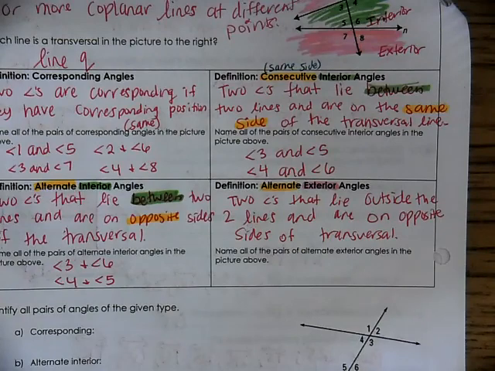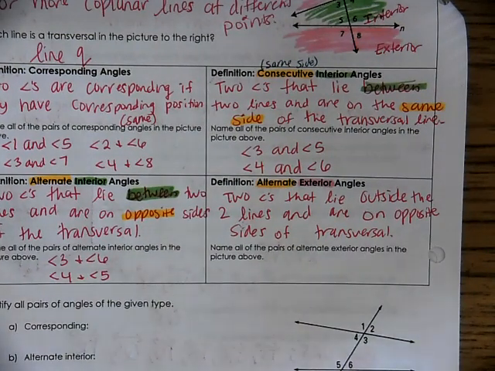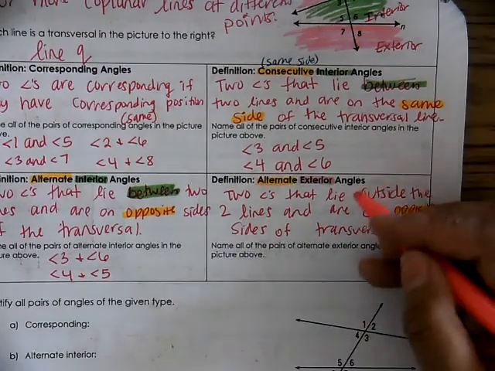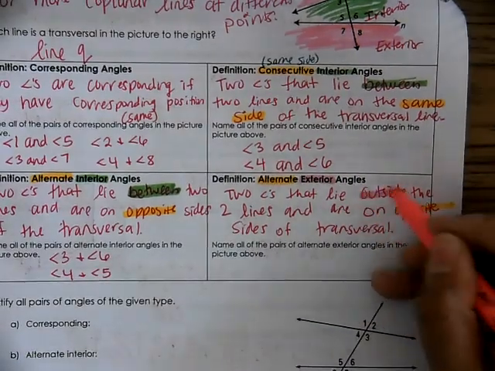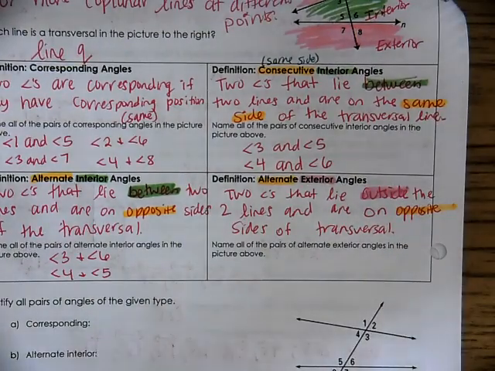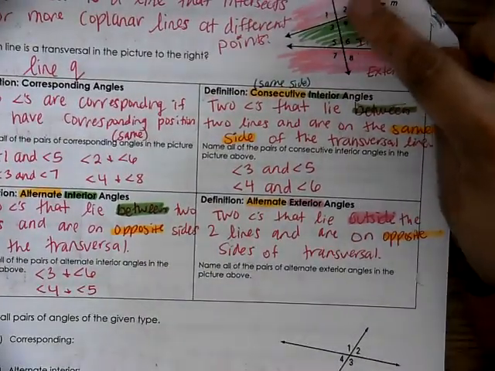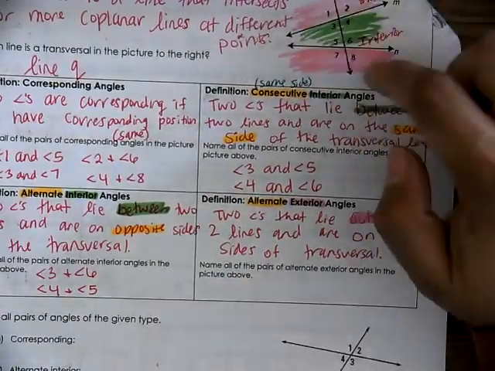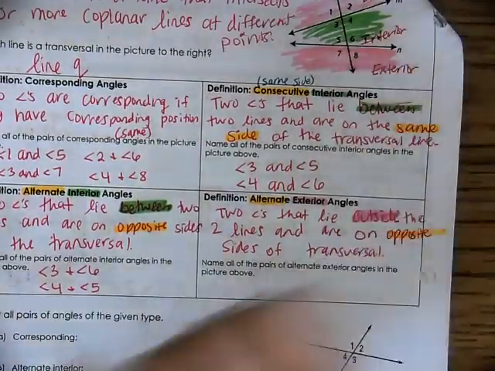Okay, and then I will highlight the word opposite in orange because it's another word for alternate, and the word outside in pink because that's where my exterior angles are. So there are, this time, 4 angles that are in the pink areas here on the exterior. I'm going to pick the alternate sides of them, or opposite sides. So 1 with 8